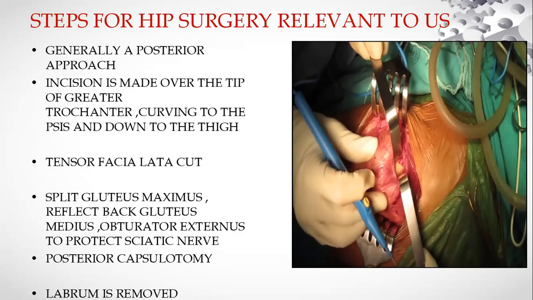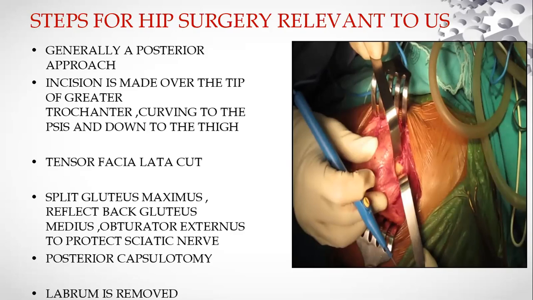So generally in cases of bipolar especially, there is posterior capsulotomy and there is removal of the labrum. So these are the important steps to understand for us. Also, I would like to make a small comment that what I've observed in our institute is whenever the surgeons do the periarticular infiltration of the local anesthetic, they target the capsule, the remaining of the capsule, while being careful not to cause any vascular puncture, and they have a tendency to infiltrate within the muscles that are reflected, in this case the medius, obturator externus and the maximus.